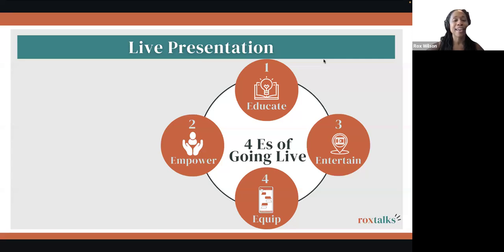And that's just not the case. And a lot of people don't even know how to shop on TikTok. And so you want to equip them with the how to do that. That goes into not only how to tap on the cart, and add it to their cart and purchase it, but also letting them know the different ways they can purchase, letting them know exactly, like putting their address,